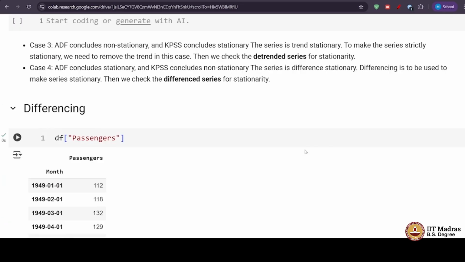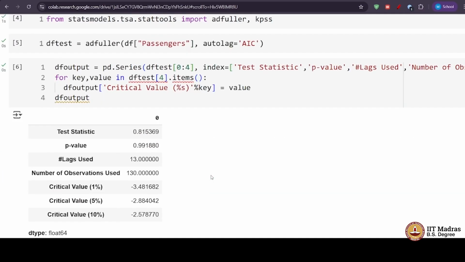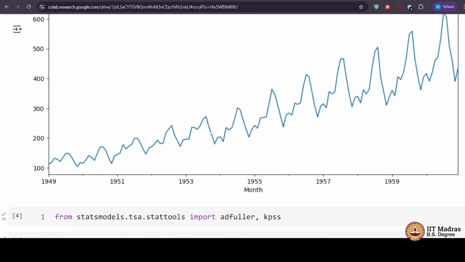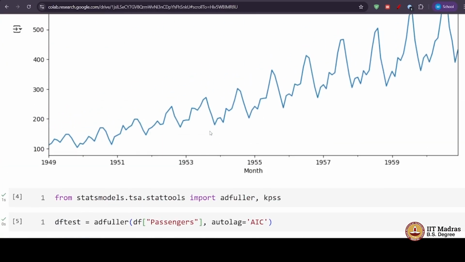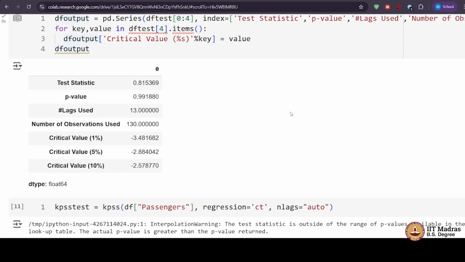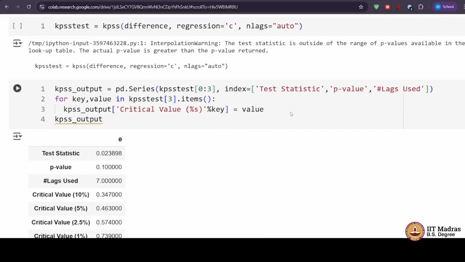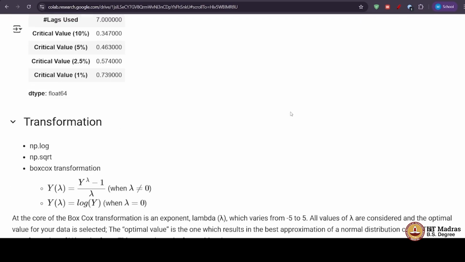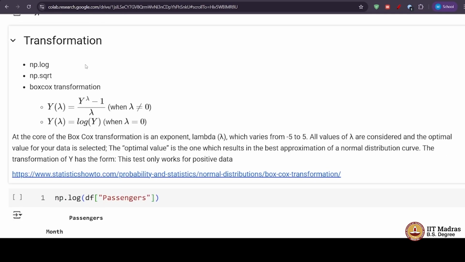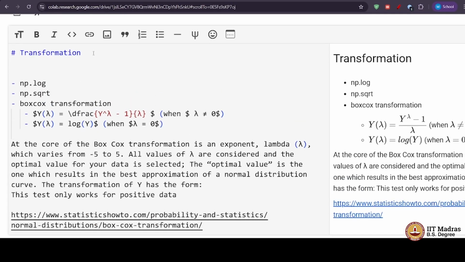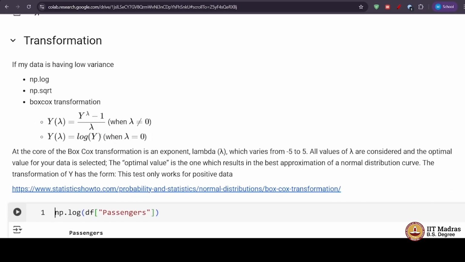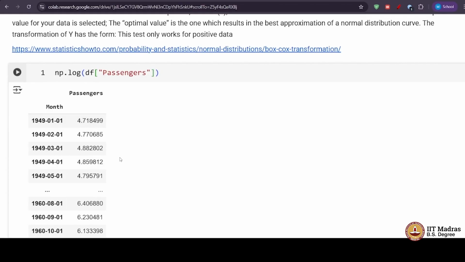Sorry, I think I said that incorrectly. It should be that if there is low variance, then only this test will work. Sorry, it's the other way around. If it's low variance, then only this test will work. If it's high variance, then the test will most likely not work. So if it's high variance, you have to use some other form of transformation, because this transformation will not work. This is only for when my data has low variance. Now currently I have high variance,